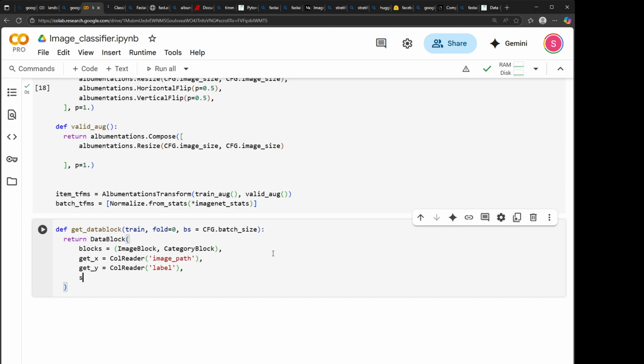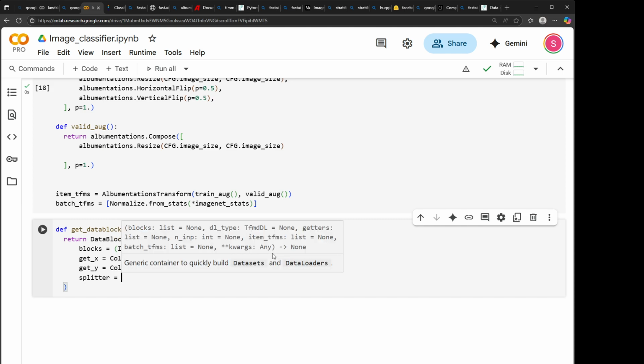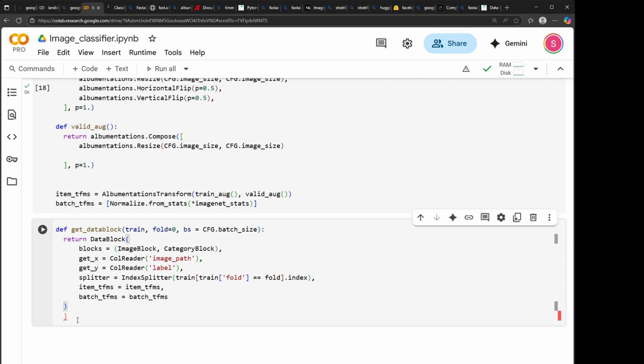And then we have to specify our splitter. Our splitter is how we are doing the cross validation. Since we are using a stratified K-fold, we do that. But in essence, there are many splitters. We have random split, which does the 80-20. You can specify your own test size. And also we pass in the item